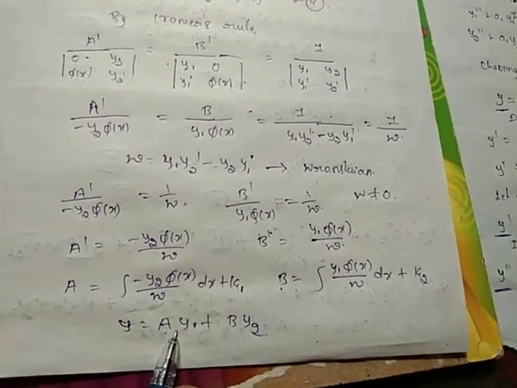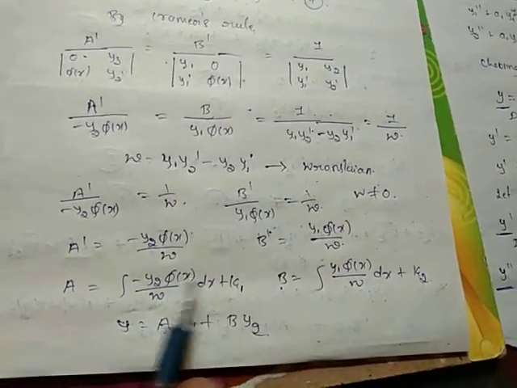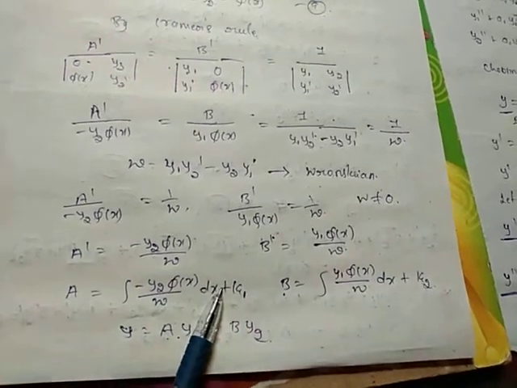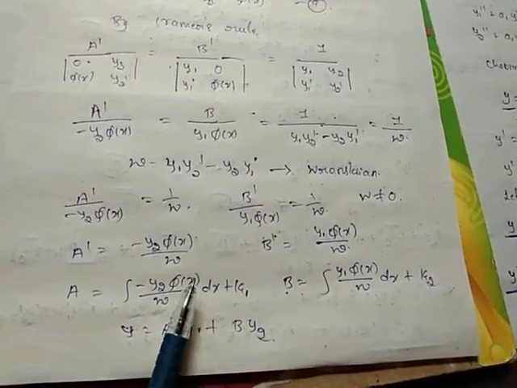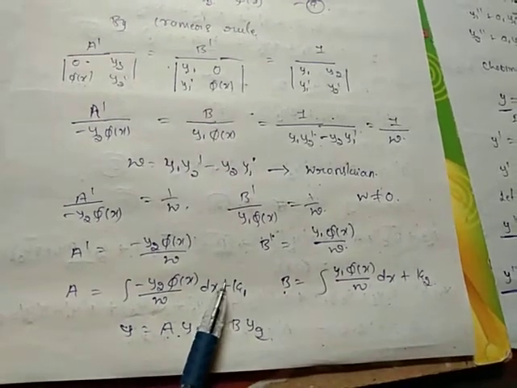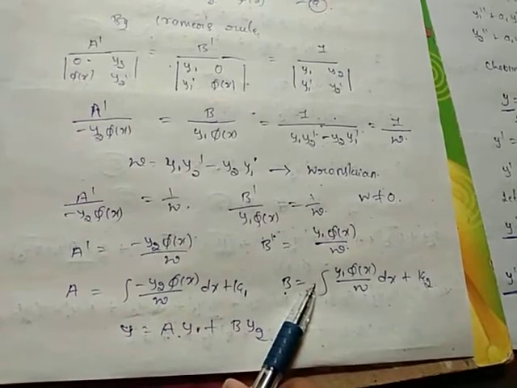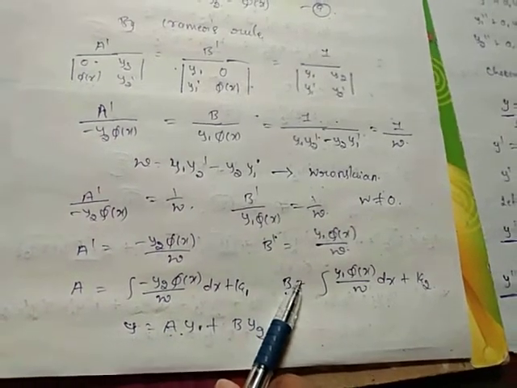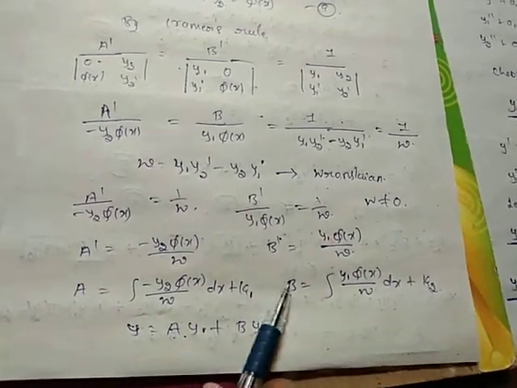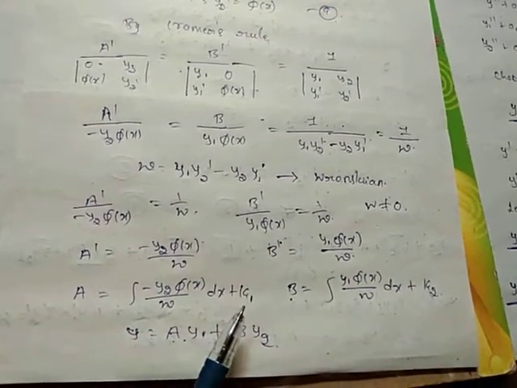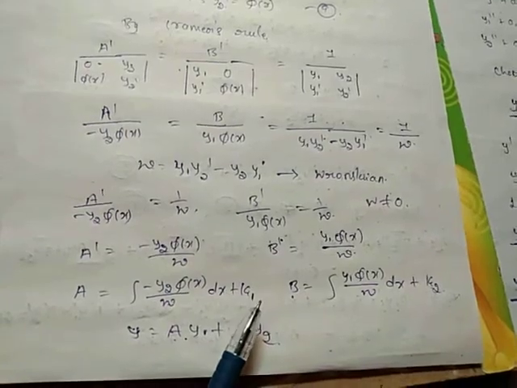So that is the procedure of the derivation of a and b. The procedure I explained is not necessary. Simply we need only these two formulas. You just have to remember these two formulas. The procedure I have explained is only for understanding purposes. So you just have to remember only these two formulas. And next we move to the procedure to solve variation of parameters.